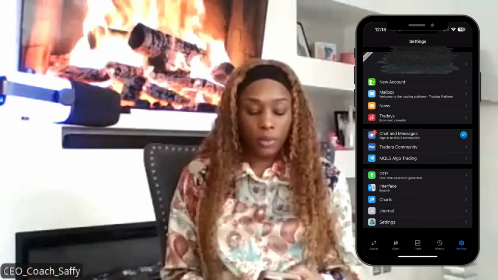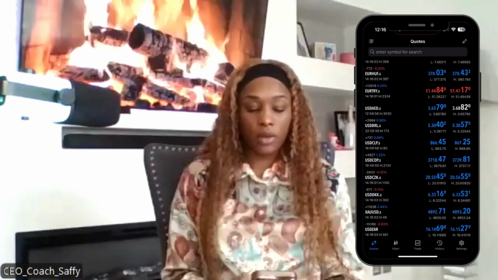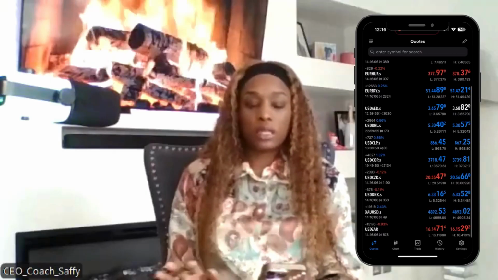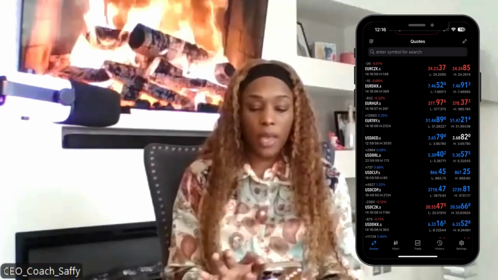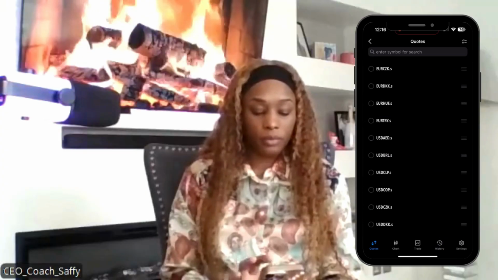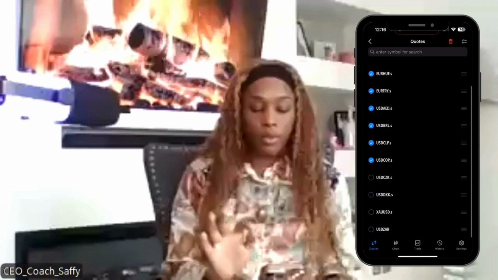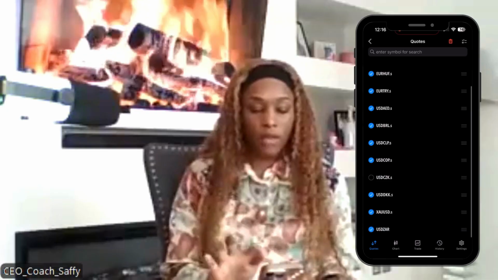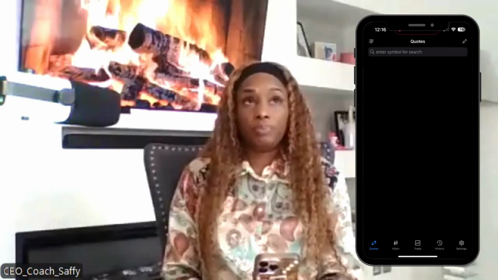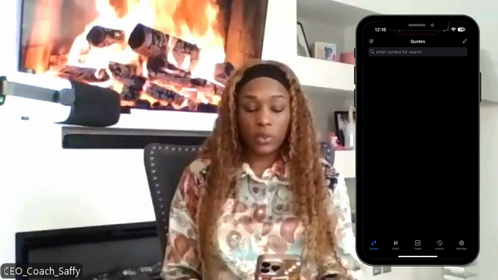So for example, if you see here on my screen, I'm on the quotes option and there are a variety of different quotes. If you don't want to see all of these quotes, just click on the pencil button on the top right corner, highlight them, and put them all in the bin. Very, very simple. Keep it clean,